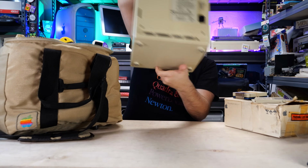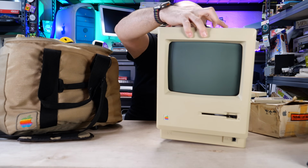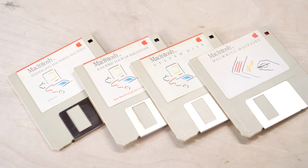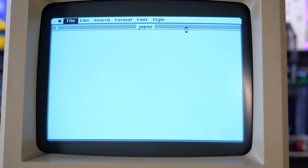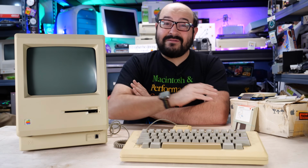For the Macintosh's 40th birthday, I dug out my original Mac and some floppy disks. And what I found had been lost to time for 40 years. Holy sh! Hello there, I'm Steve from Mac84,